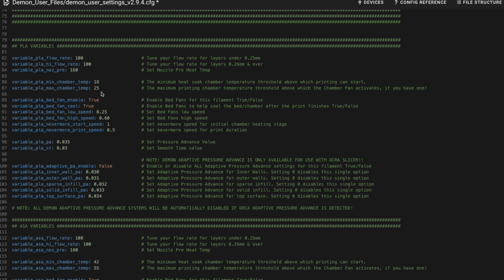If you have an automated chamber fan, this will come on at this temperature, and anything below this temperature, the printer will heat soak the machine until it goes above this temperature, basically. So between these two ranges is your kind of ideal